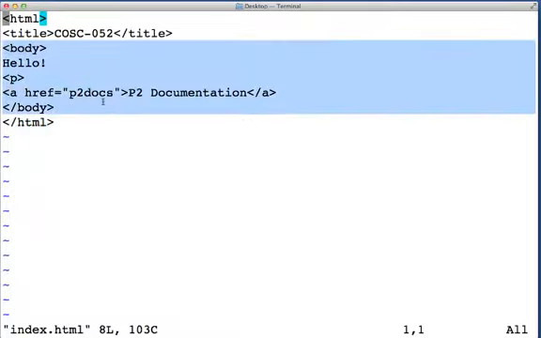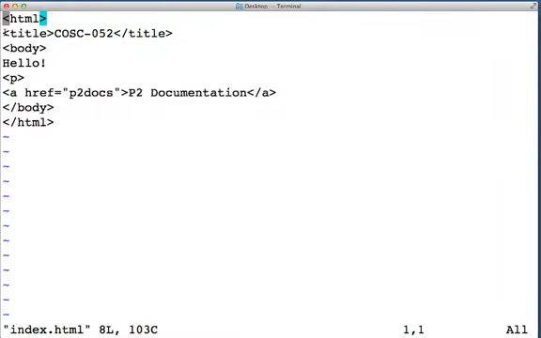Here's the body of our web page. If we look at the title, the text is just COSC 052. Then I've got a string, hello. This actually starts a new paragraph, and this is a link. And the link consists of something I'm linking to, in this case the p2docs directory. I haven't created that yet. And then I have the link text, and this is what you'll actually see